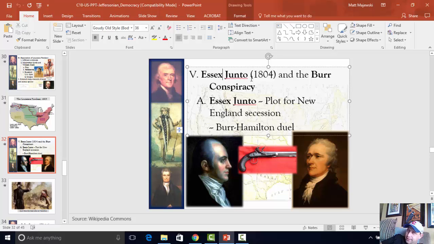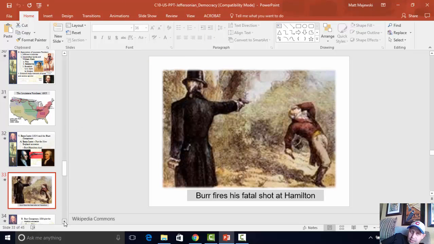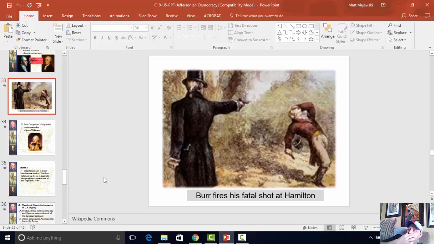But a side thing that happens because of this is Hamilton got bitter, frustrated, and angry with Burr for exposing him, for basically saying he was a part of this plot. And so he challenged Burr to a duel. If I'm not mistaken, it was something like 6 duels that Hamilton was in over his life. A duel is something where you both take 10 steps away from one another, you have a gun in your hand, and you each get one shot at each other. Hamilton fired and missed Burr. Burr turned around and shot Hamilton and killed him. So ultimately, Alexander Hamilton dies at the hands of Aaron Burr.